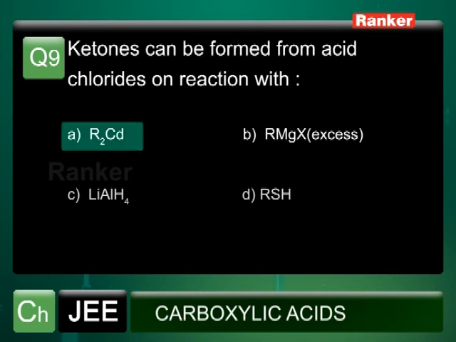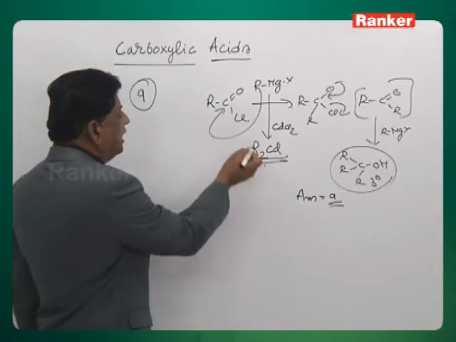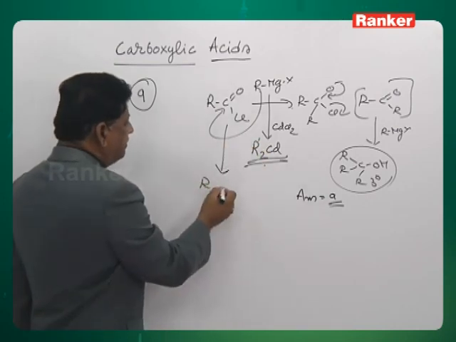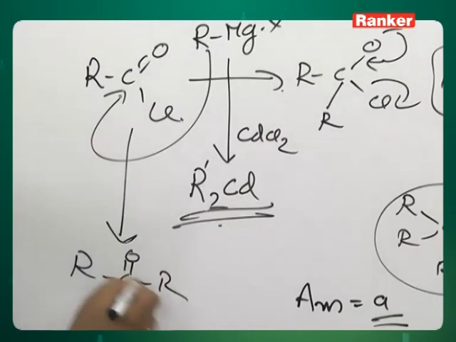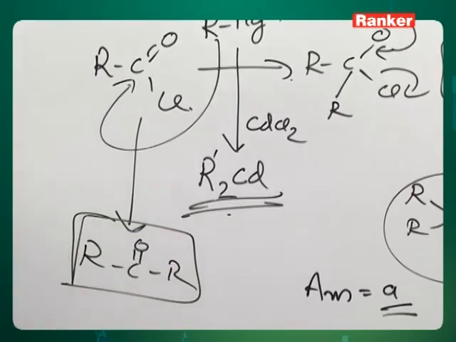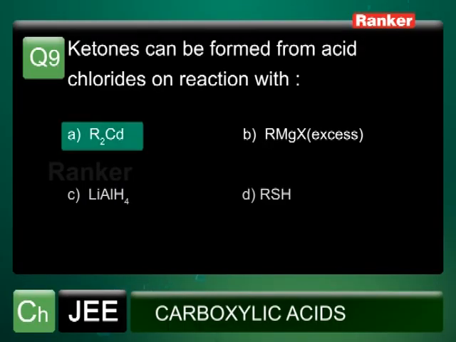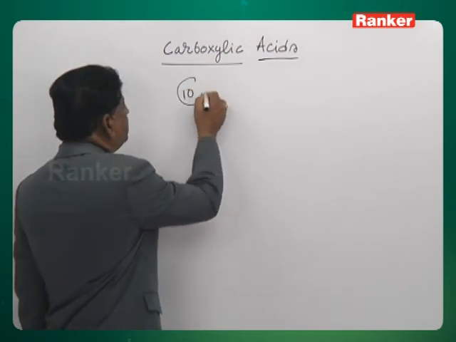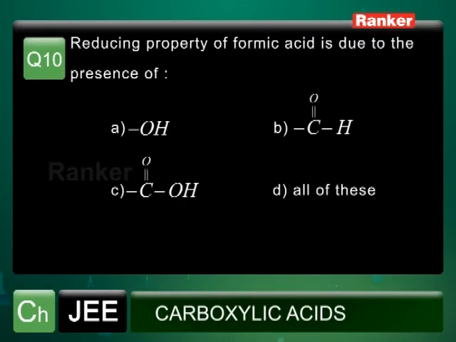Answer A will give ketones. When R'2Cd is added, this R' will enter and you will get RCOR'. The reaction stops at the level of the ketones, further reaction will not take place. That is the concept here. So let's go to question number 10. The question goes like: the reducing property of formic acid is due to the presence of